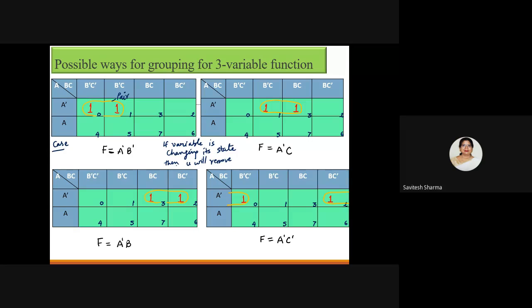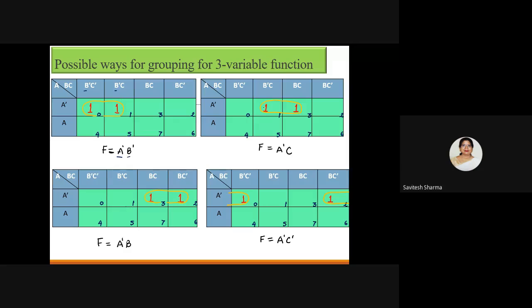So you see here, for this pair, what is A? A is A complement only. So you will write A complement in the expression. Now see the BC. Here for this one, BC is B complement, C complement. Here for this one it is B complement C. So what is common here? B complement. So you will write this common variable B complement in the expression. So for this pair, your expression will be A complement B complement. Got it?